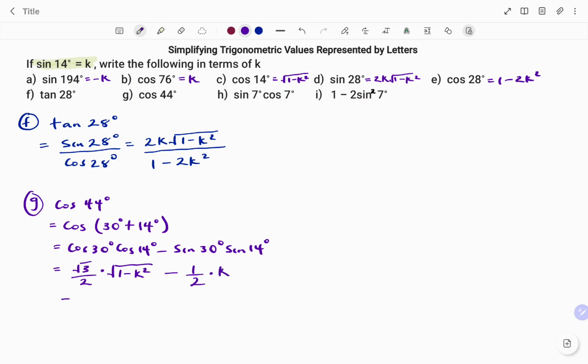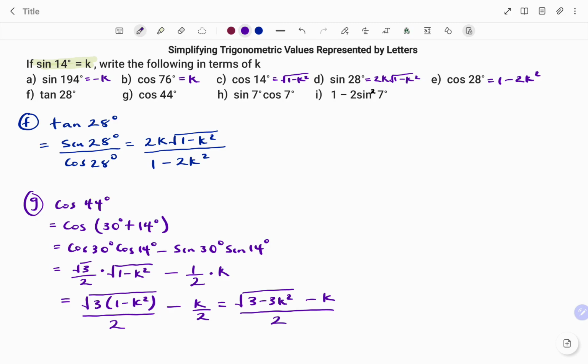So if I simplify further, I have square root of 3 times 1 minus k squared over 2 minus k over 2. I'm putting that under the same denominator. I have that as root of 3 minus 3k squared minus k, all divided by 2. And for our last but not the least,